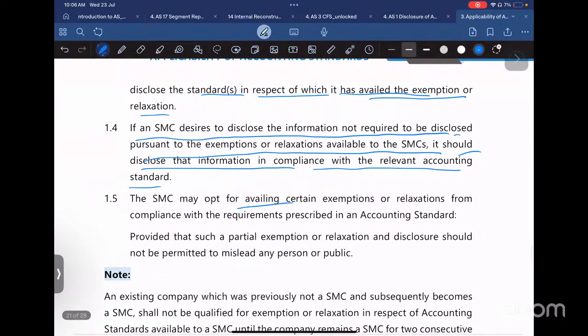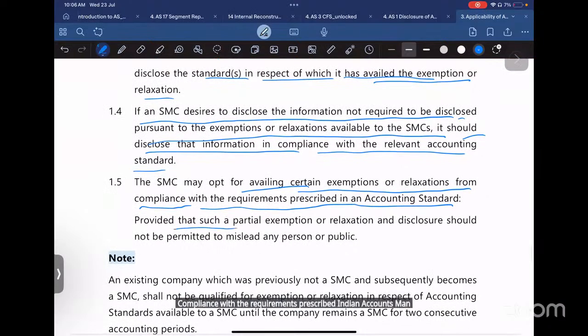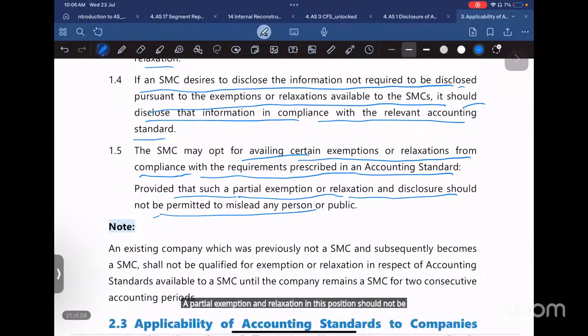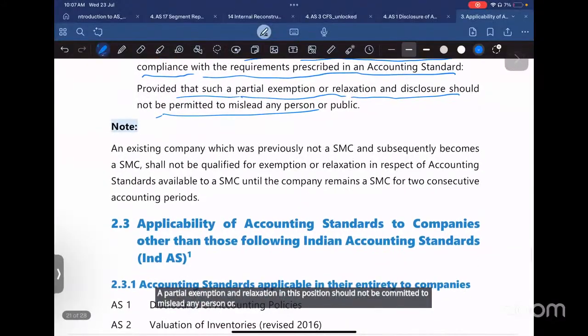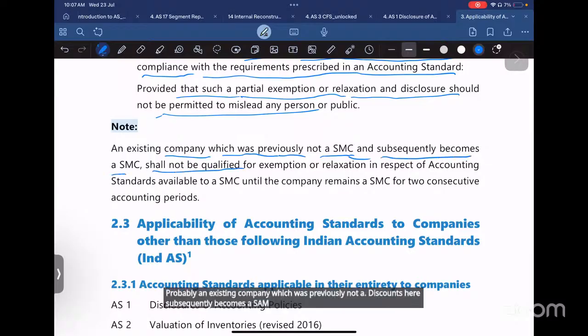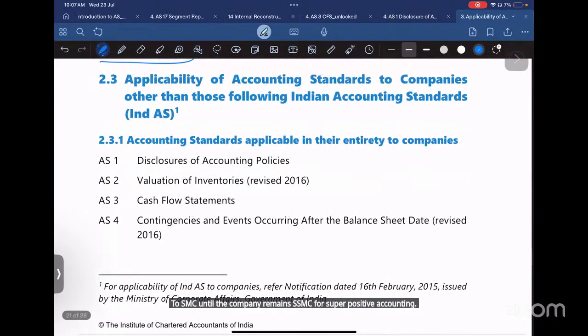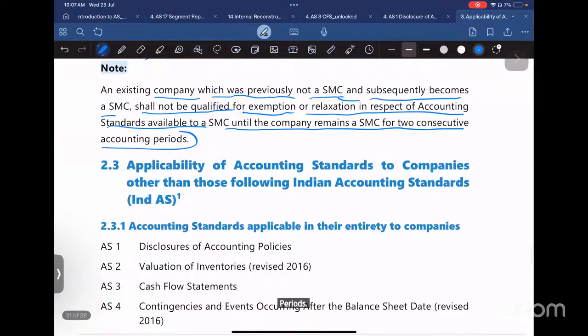The SMCs may avail certain exemptions or relaxations from the compliance with the requirements prescribed in an accounting standard, provided that such partial exemption, relaxation and disclosure should not be permitted to mislead any person or public. An existing company which was previously not an SMC, or subsequently becomes an SMC, shall not be qualified for exemption or relaxation with respect to accounting standards available to SMCs until the company remains an SMC for two consecutive accounting periods. Okay, now